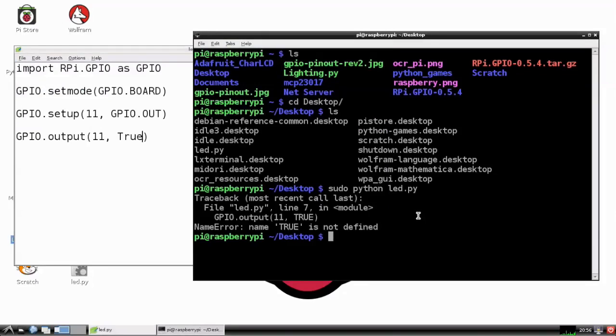And to do that, I'm going to use another little cheat. If I press the up arrow on my keyboard, you'll notice it can go through the old commands that I've already typed. So if I go back to sudo python led.py and hit enter once more,